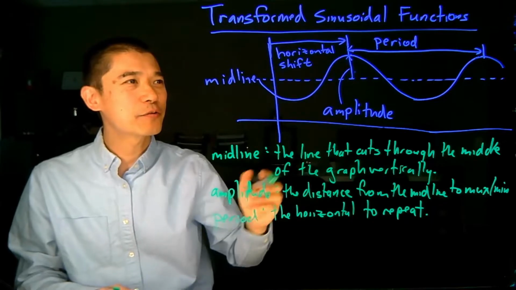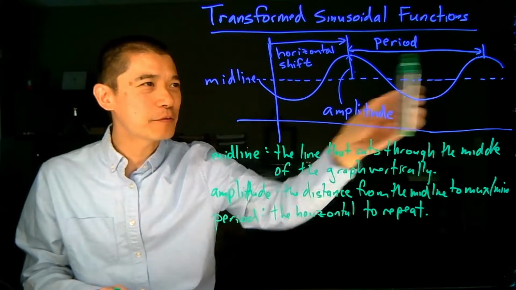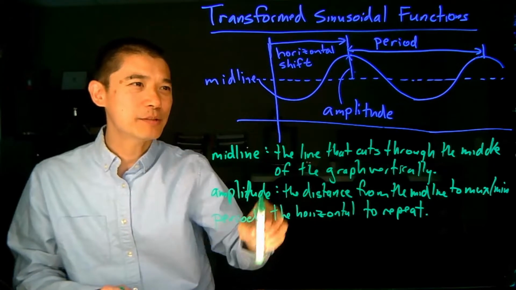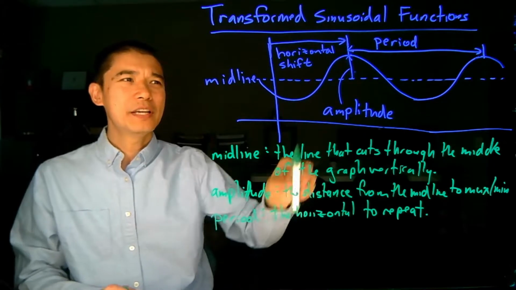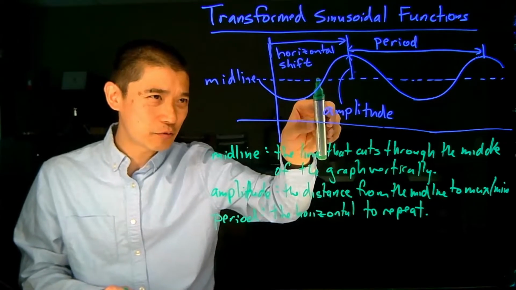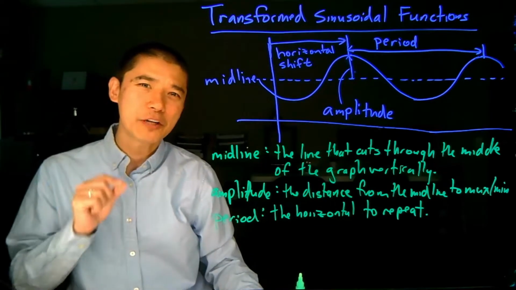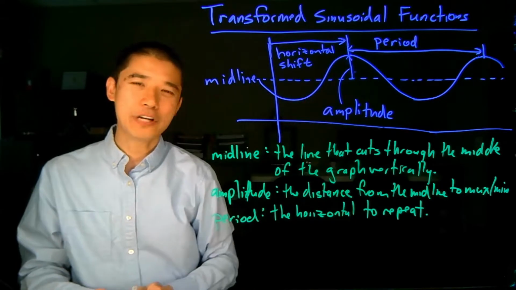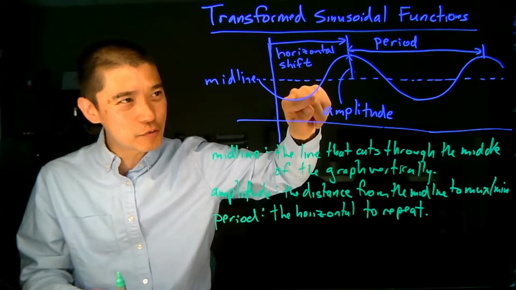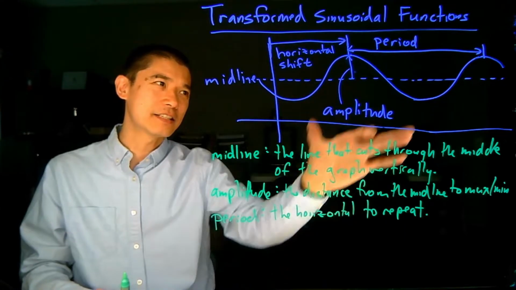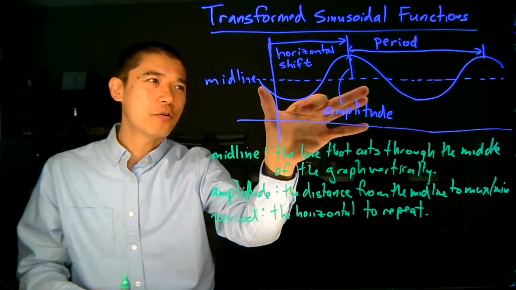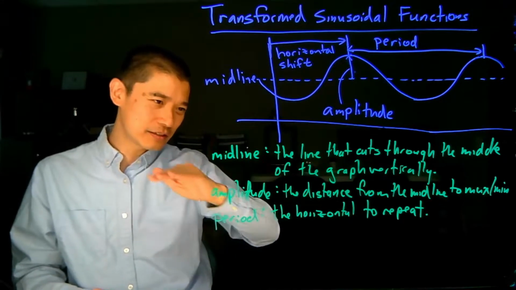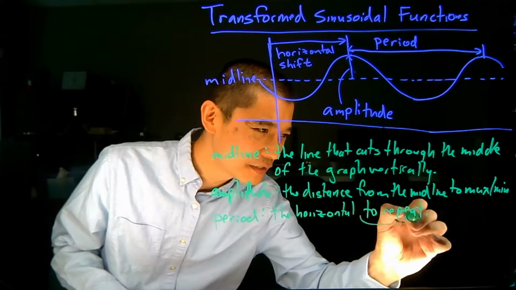The thing that matters for the period is that we want to make sure we're looking for the function to repeat. Typically, it makes sense to look for maximum to maximum or minimum to minimum. You can also do sort of where it crosses the midline to the midline, but you want to make sure that you're crossing the midline in the same way. So measuring from here to here would not be the period, because you can see that the function is going up in this case and down in that case. So you'd actually want to measure from there to there or from there to there. But in any event, the period is how long the horizontal distance